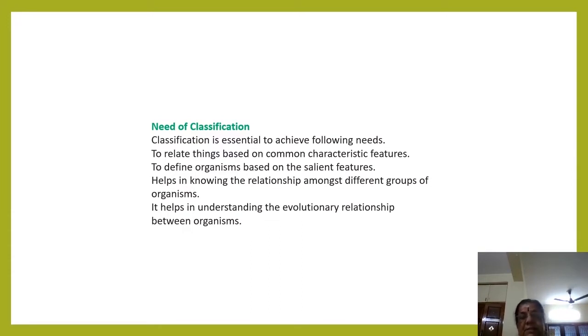So, the need for classification is essential to achieve the following: to relate things based on common characters, to define organisms based on the salient features, to know the relationship among different groups of organisms, and to understand the evolutionary relationship between organisms. I hope you understand. Go through the second one, the need for classification, then I go to the next step. Right. The next one,